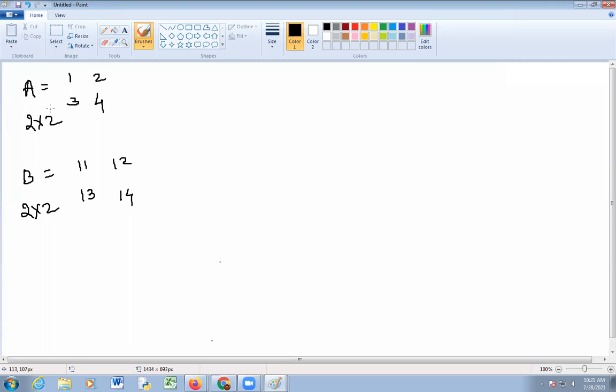Suppose this is a matrix A of 5, 6, and matrix B is suppose 17, 18. And I want to do multiplication of these two matrices.